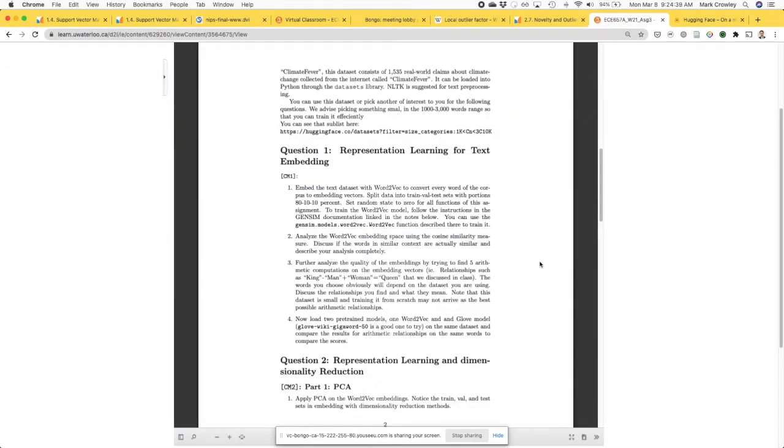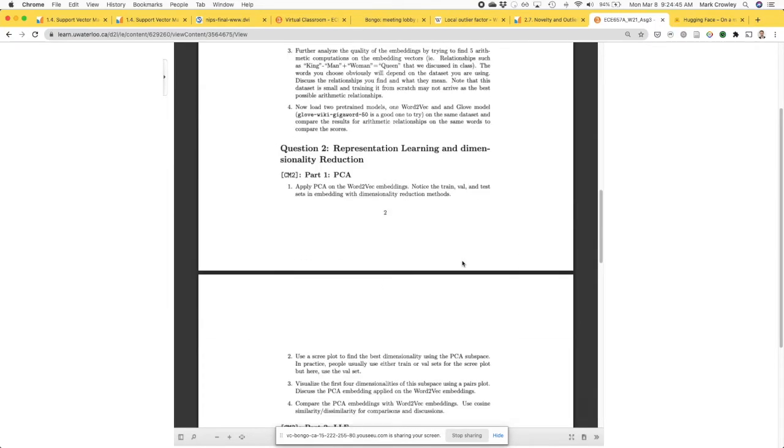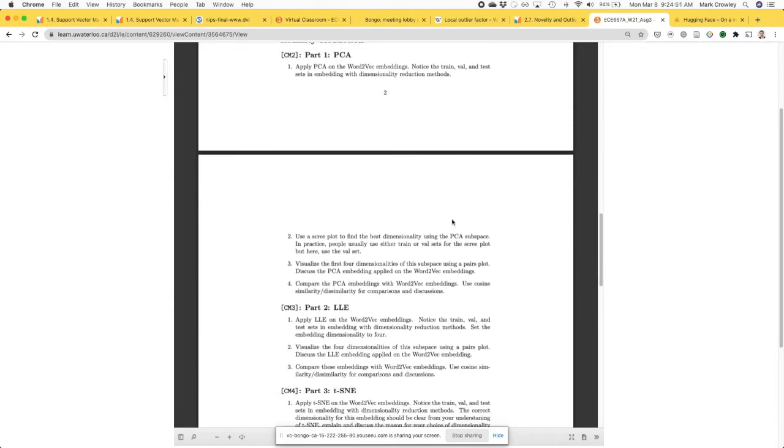Someone else had a question about train test validation. The train test validation is more for the remaining questions, because then you're doing PCA and LLE on those embeddings, where you have to compute the similarity score, right? So you're applying PCA to the embeddings you get out of Word2Vec. Then you can use the scree plot to decide on the number of dimensions, or you just visualize it. And once you have those dimensions, you can actually compute similarity scores